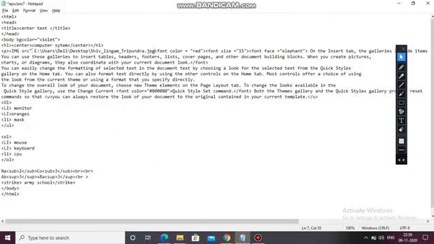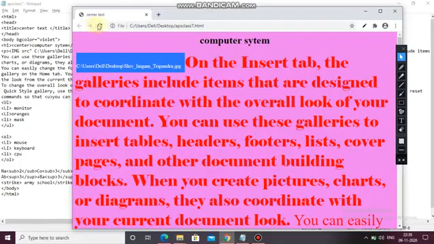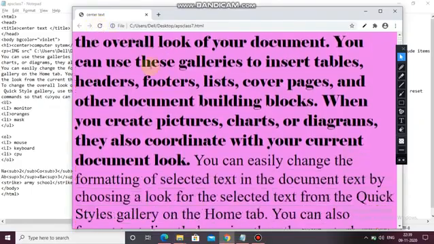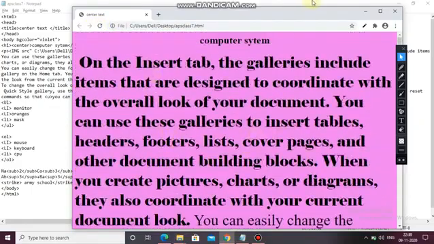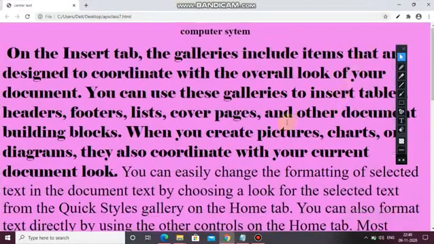Clear? Now Control S, refresh. Here you can see there are no changes. I am showing you the errors also, what the errors are.